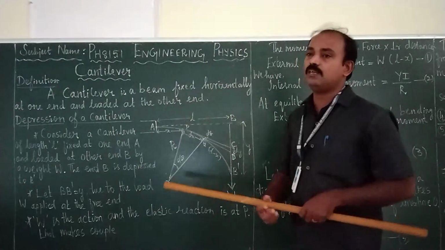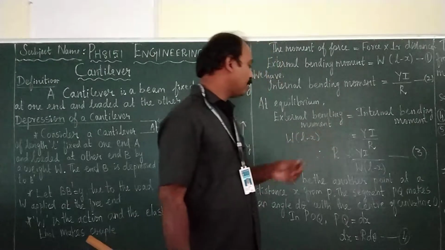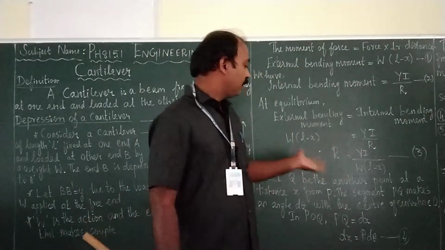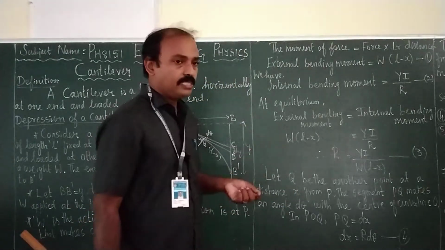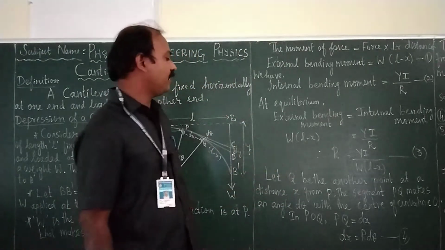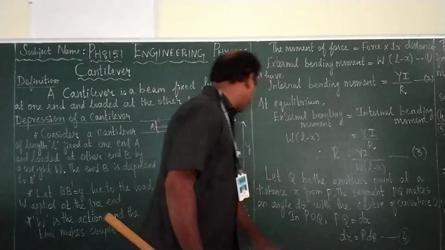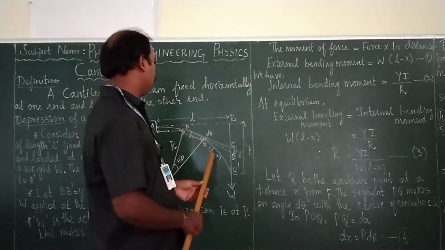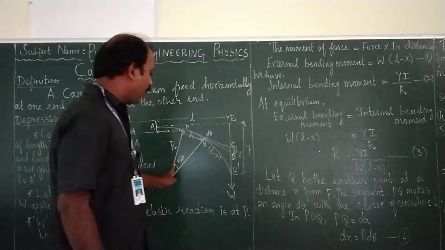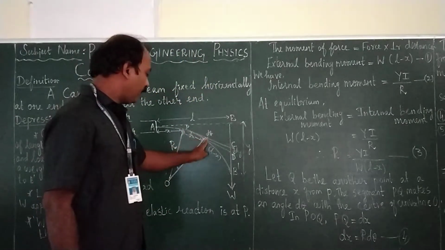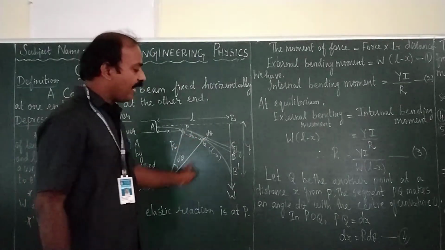For finding that small deflection, once again I take the same concept, that means arc length. Arc length is equal to distance, that means radius into angle subtended. Here in POQ, arc length is equal to PQ, that is the distance dx into angle subtended.